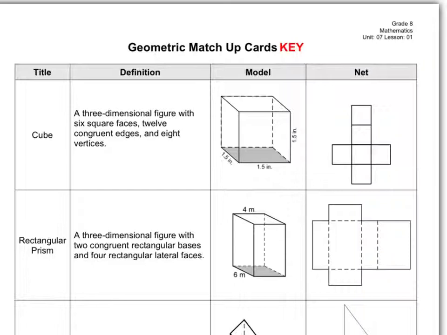Just want to talk to you briefly or give you some examples of three-dimensional figures. First one we want to talk about and give you definitions is a cube. So it tells us that a cube is a three-dimensional figure with 6 square faces, 12 congruent edges, and of course 8